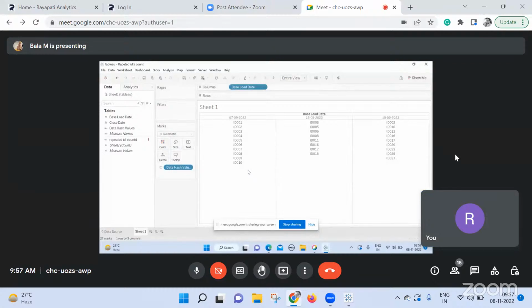No. This 10 also will not be counted. Yes, 10 also not. No, 10 also will be counted. 2 will be counted and 10 also will be counted. Okay, then. First we need to check if the previous week values exist in the next week or not. If the values exist, I need to show only the count of those existing values, the distinct count. There might be some other way, but my logic for this will be: